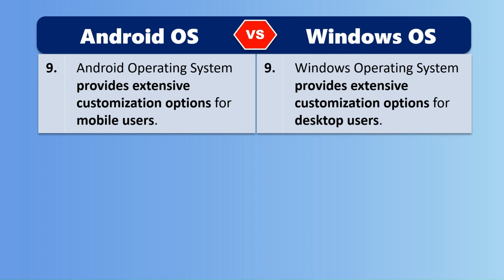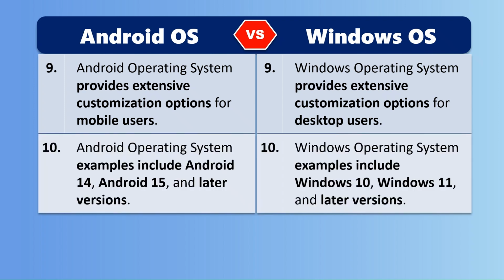Android operating system provides extensive customization options for mobile users. Windows operating system provides extensive customization options for desktop users. Android operating system examples include Android 14, Android 15, and later versions. Windows operating system examples include Windows 10, Windows 11, and later